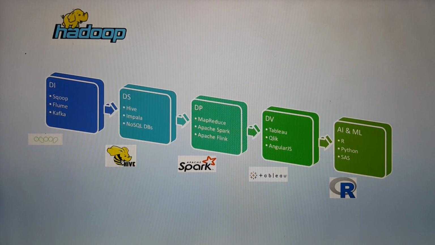To master this field, one should either know R, Python, or SAS. These are quite famous programming languages in the field of AI and ML. But nowadays, R and Python are the two best options to become expert in the field of AI.